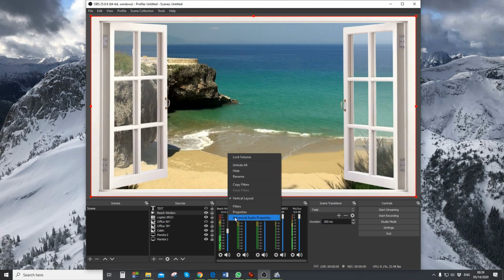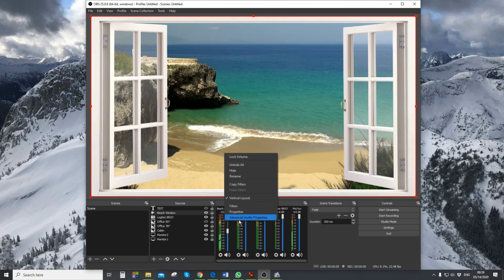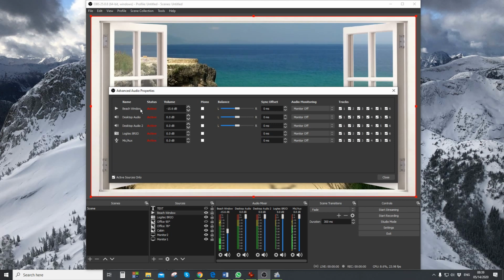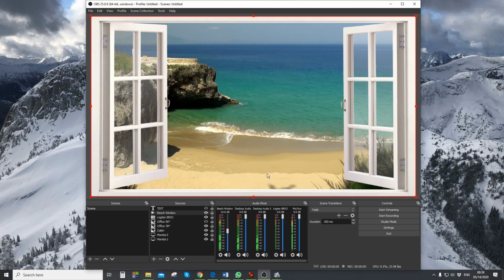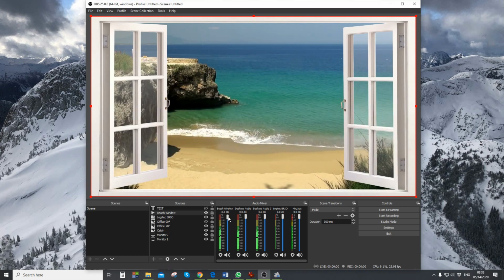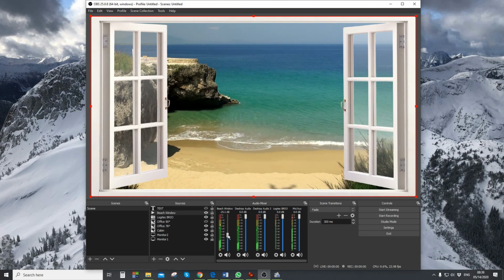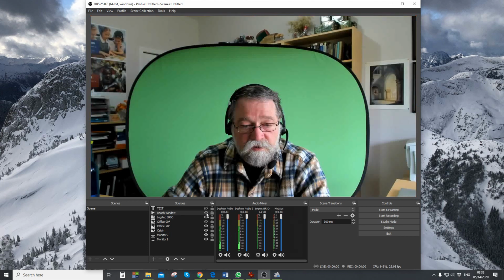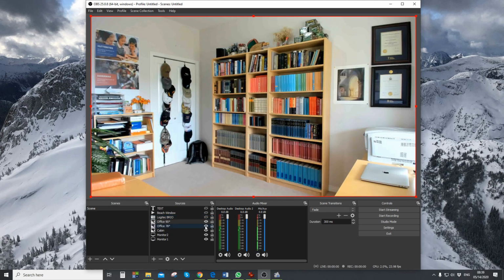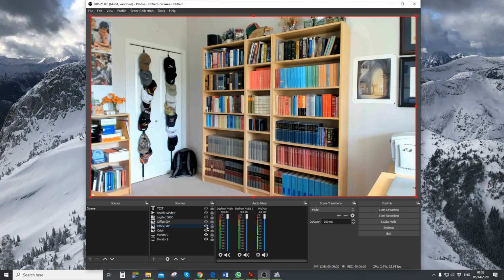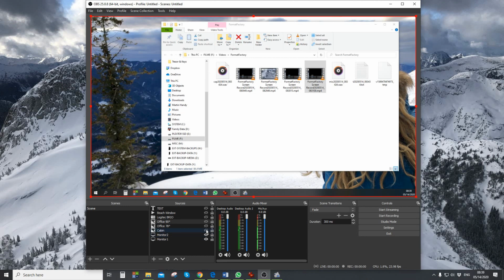So in order for me to hear this, I have to right click on here and go to Advanced Audio Properties, and here's my beach window, and I want to monitor that sound. So I'll turn this on right here. Now I can hear the waves, and I can adjust the sound of the volume right here. Okay, let's turn that off. The Brio camera, let's see, everything else is fine, I think. The office is good. Office 78 is good. The cabin is good. And the monitors are K2, so I've tried that before. So let's